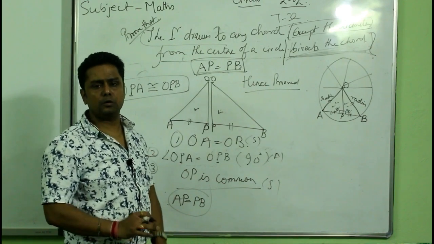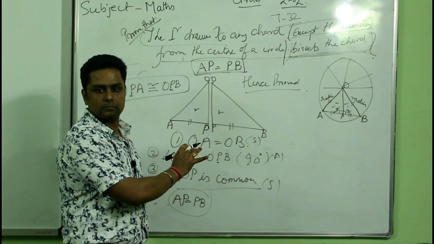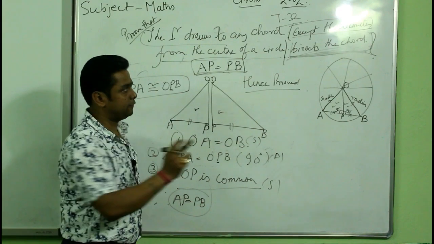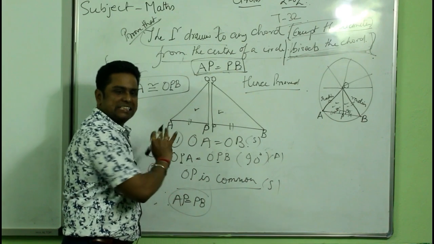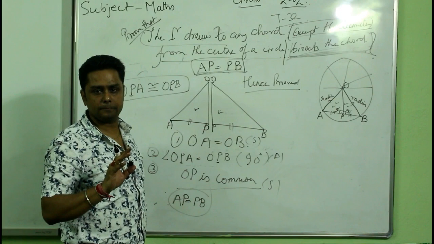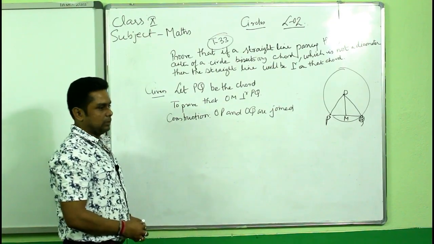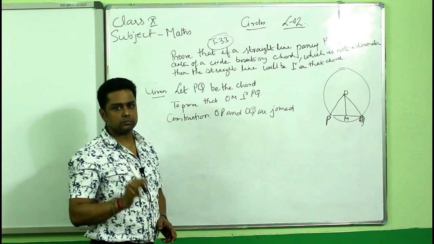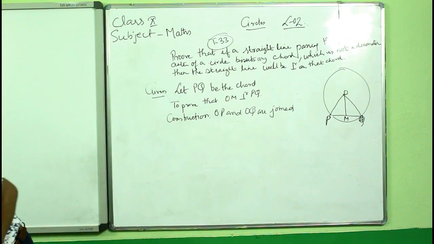Now theorem number 33, exactly the same theorem. Don't jump to theorem number 33 if you have not done theorem number 32. Why? If you understand theorem number 32, theorem number 33 is just a piece of small cake. Okay, let's pause it. Now we learned theorem number 32 from your book. This is theorem number 33. Page number is 246.